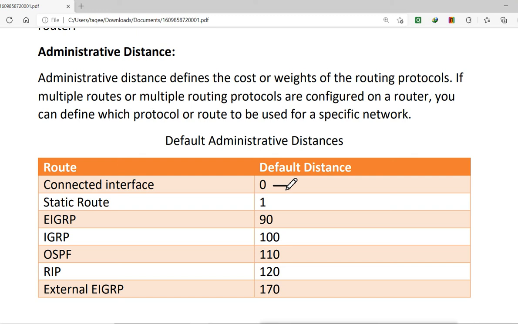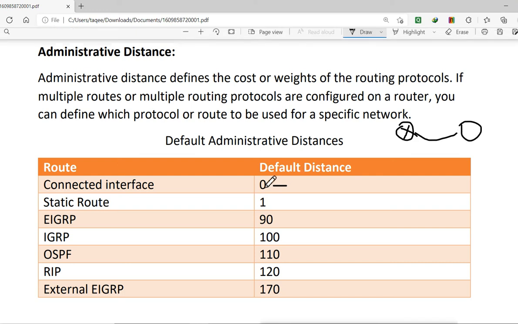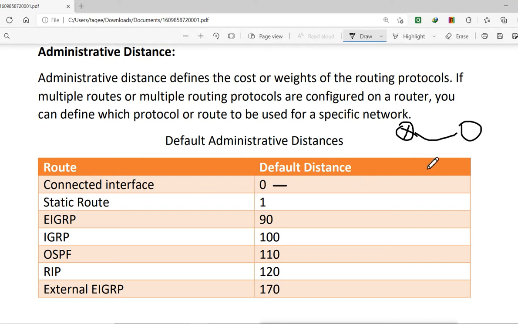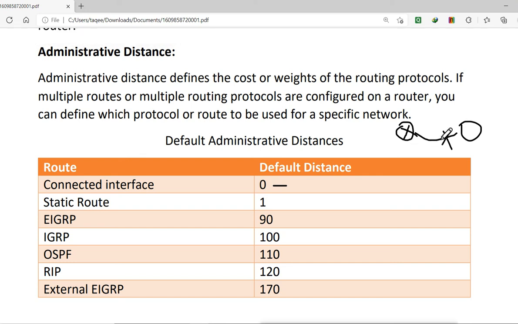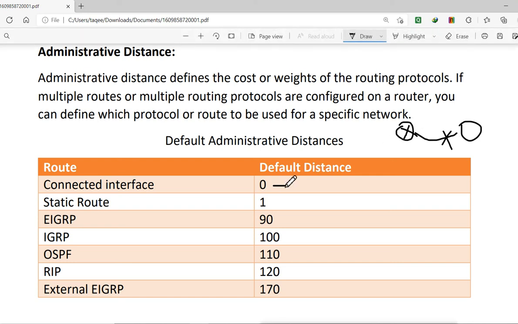If the router is connected to some network directly through its own interface, it is more reliable, because if this network goes down, the router will know first. The router will know very quickly that this network is not available. So that is why the AD value is 0.